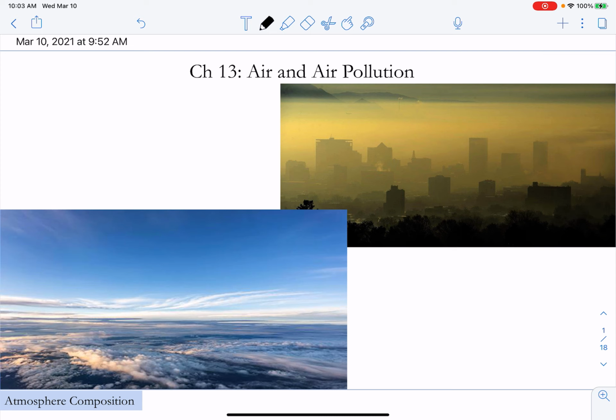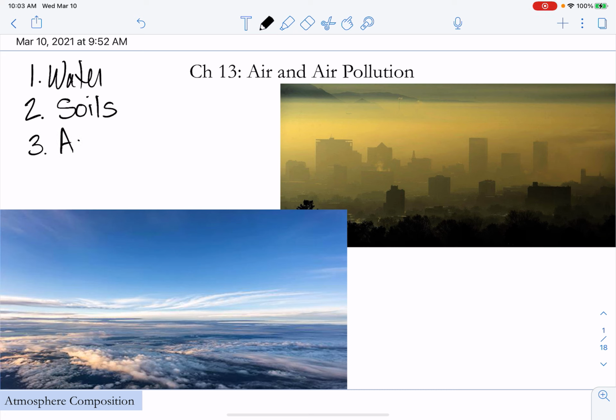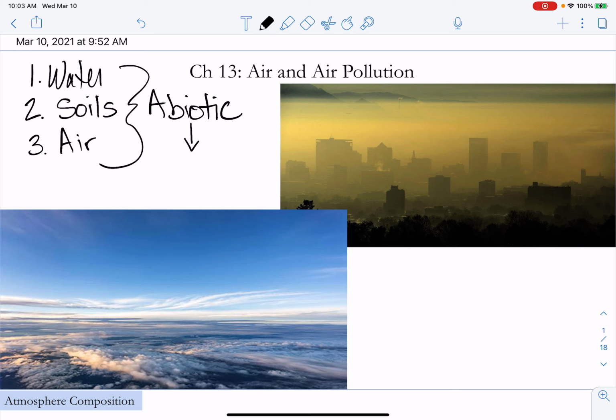So we've been talking about the natural resources that the earth provides humans, and the third one we're going to talk about is air. The first one we talked about was water. The second one we talked about was soils. And the third one we're going to talk about here is air. So these are the three abiotic sources of life. These are sort of the necessary, so they're needed